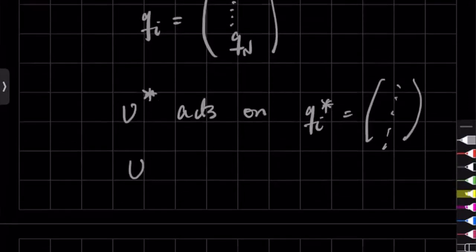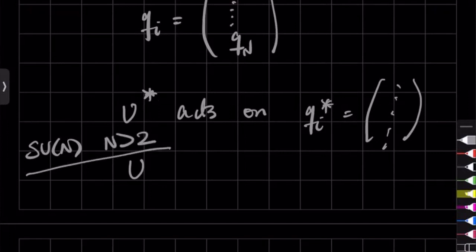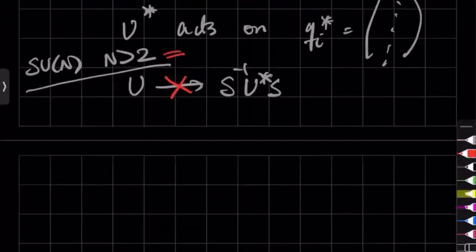The thing is, for SU(N) with N greater than 2, there is no similarity transformation taking U to U star. Such a transformation does not exist when N is greater than 2. For N equal to 2, it does exist. Okay, so